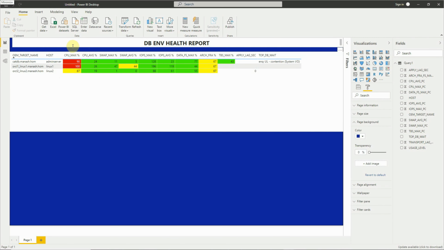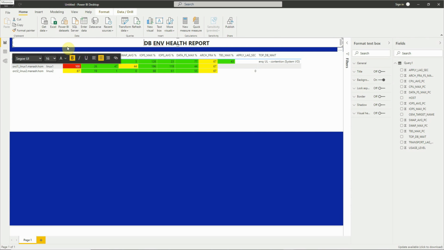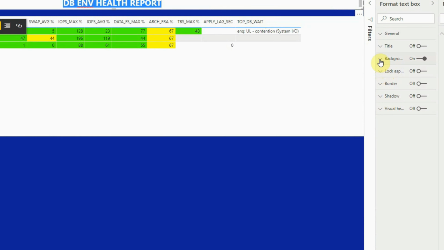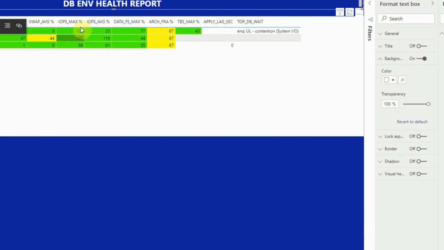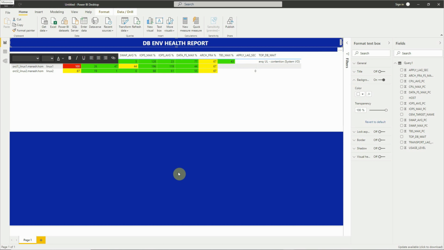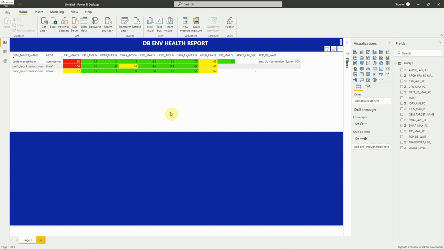And similarly, let's make some change to the text box which is displaying the report header, and for this, select a text and make the color white, and the background of the text box will be 100% transparent, so that whatever is the report background, that will be visible through the text box. Now click on this data table,